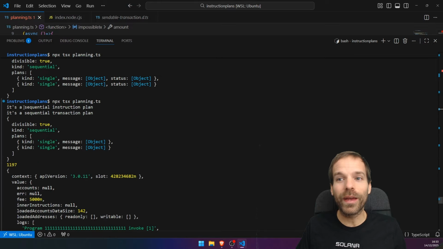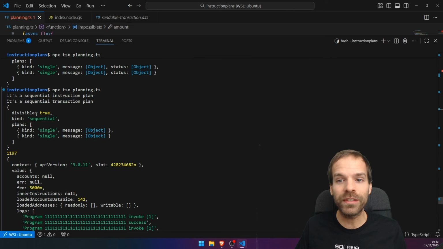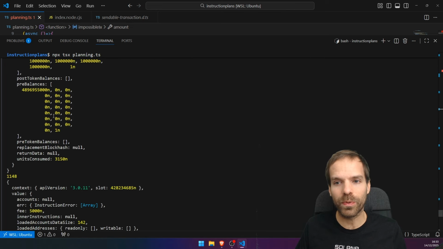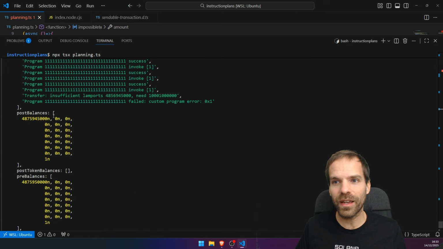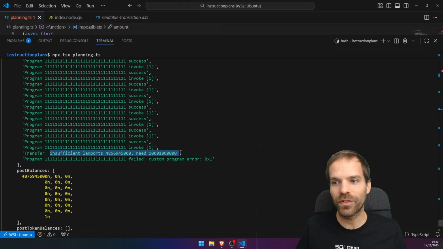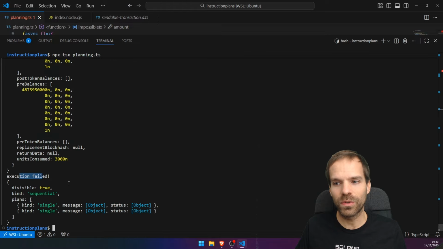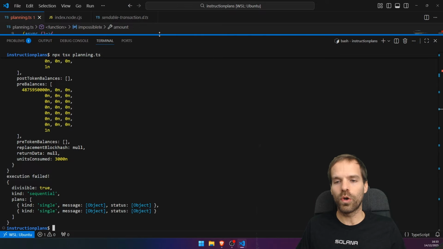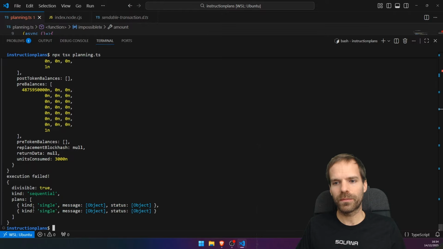And now we have a sequential instruction plan and a sequential transaction plan. Divisible is still true, which means the first one was probably sent, but the second one was not. Here, insufficient Lamports and execution failed. I'm still interested in that status if this one was sent now though. So maybe we should traverse that. How can I print that better? If it's a